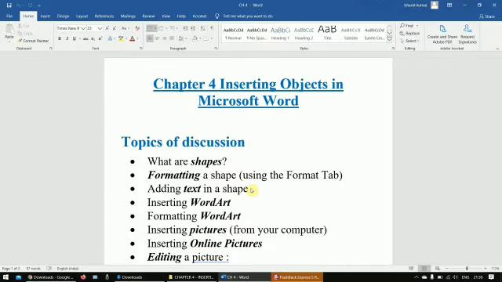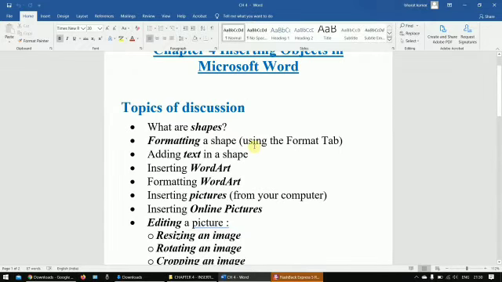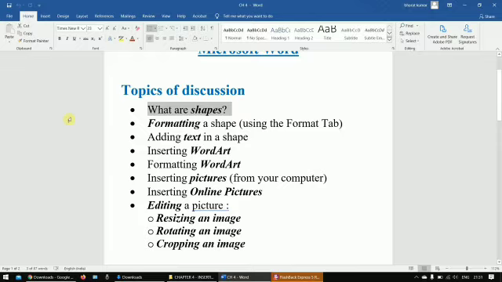See, this is your MS Word. In your MS Word, we have topics like what are shapes, formatting a shape using the format tab, adding text in a shape, inserting word art, formatting word art, inserting pictures from your computer, as well as inserting online pictures especially.